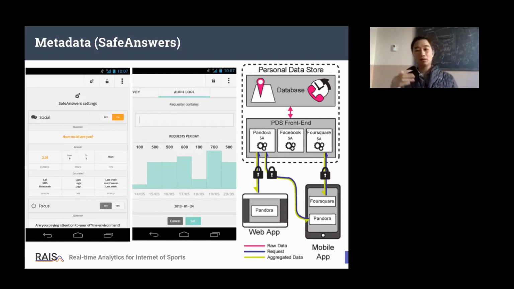She or he can easily get more information about which service providers access which kinds of metadata, the times, and how many times per day or per month. Okay, and the data processing process is similar to OpenPDS, different only between the metadata and the personal data.